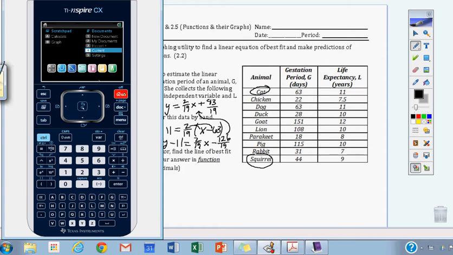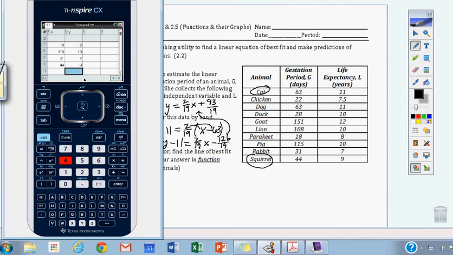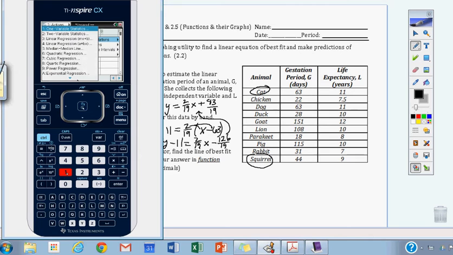From the home screen, you want to do a new document, okay, and then do a list and spreadsheet. I've already got it in there, but this is a list and spreadsheet. You have to type in X up here, Y over here, and then put in all of your data. But once you have it in there, then you want to hit Menu, and you want to go to number 4, Statistics, number 1 to Stat Calculations, and then we want to use number 3, which is Linear Regression in